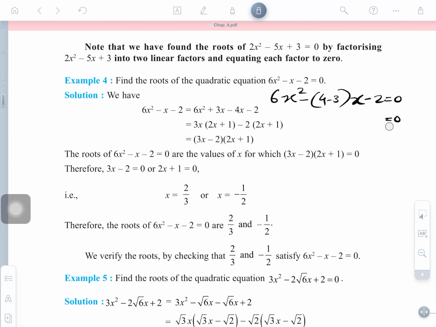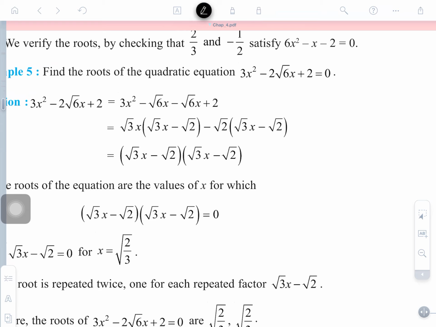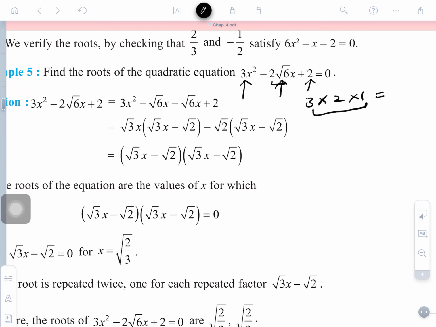Is that clear, guys? Right, now see again the middle term splitting we have been studying. Again, we can do this question; it may be difficult for you. Then why am I telling this? What is the first term here? Please tell me. 3. What is the last term here? 2, and 1 is also a factor. So these are to be made into two factors such that the sum and difference is here 2 root 6. The difficulty is there. The factors available to us are 3, 2, 1.